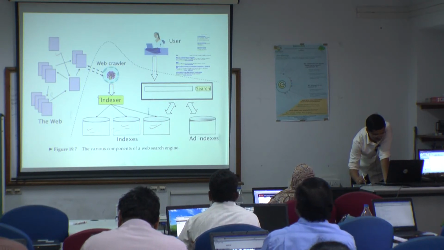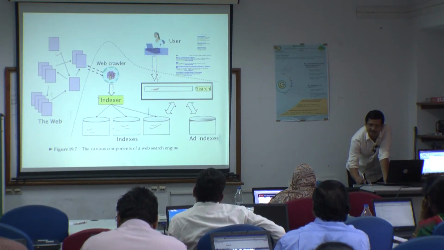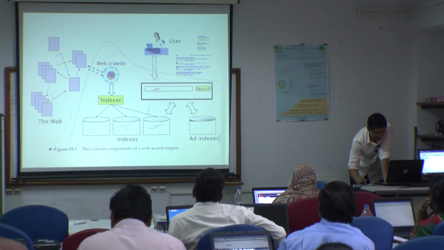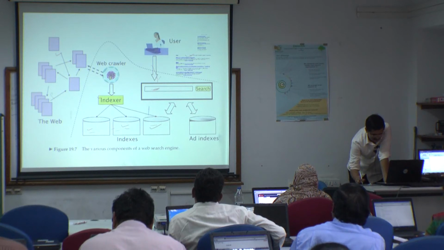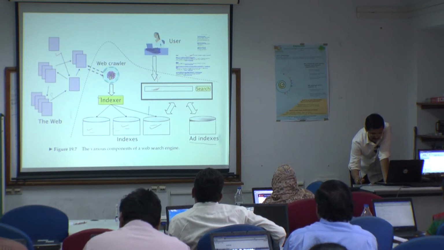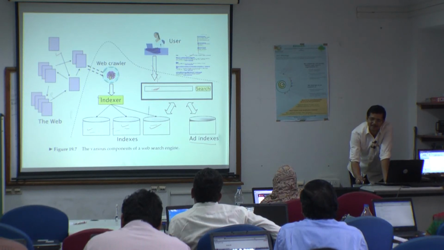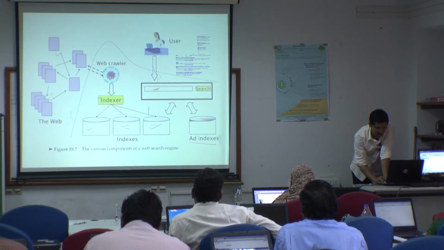So suppose you apply a search from here by adding a search keyword here, then the searching mechanism ranks the documents based on those keywords and then gives the documents as shown here. At the same time, most professional search engines also search the ad index. For ad indexes, they provide some ad pages at the left of your search. If you click on that, then the search engine company will get some payment. So this is the simple technique of how a search engine works.